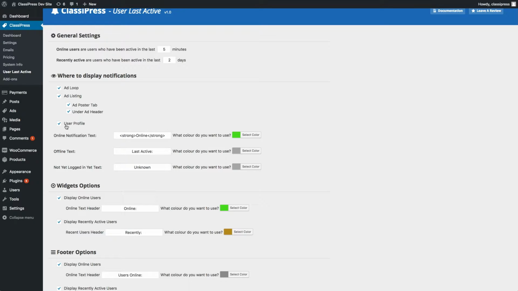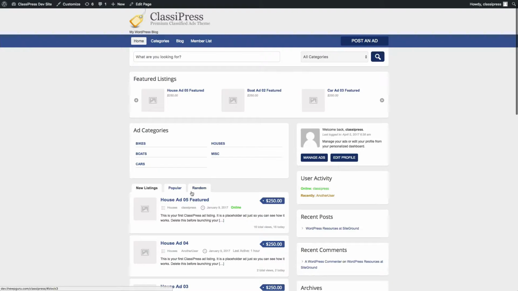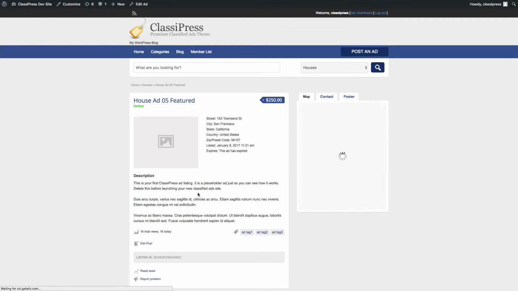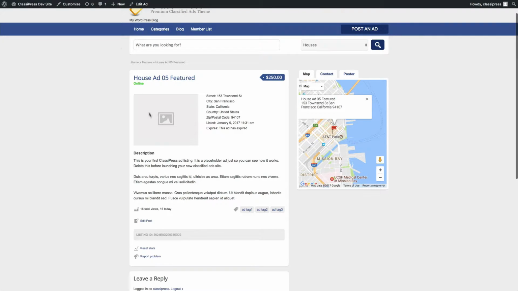And lastly, we can also choose to display it on the user profile. So they're the four main options where you can locate the notifications. And then we also have the option to set the text for these areas here. So online notification text, that would be, if we go into the advert here, we can see it says online,